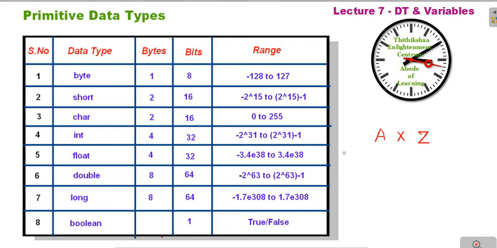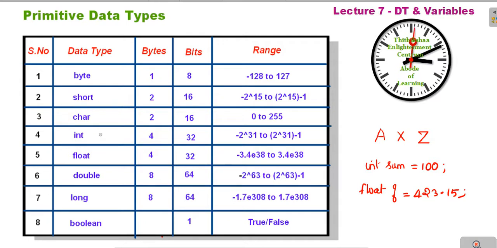Integer is without a decimal point, it's a whole number. Float is with a decimal point. So for example, I am writing int sum is equivalent to 100. Here you will not have any decimal point, but for float and double, for example float, I am giving 423.50. Even if you don't give the decimal point, by default it will allocate the decimal values like 00 after the decimal point.